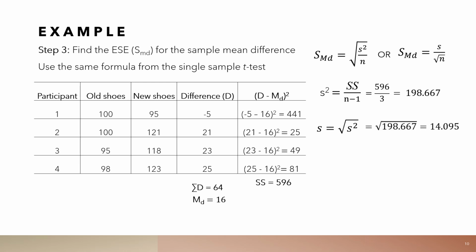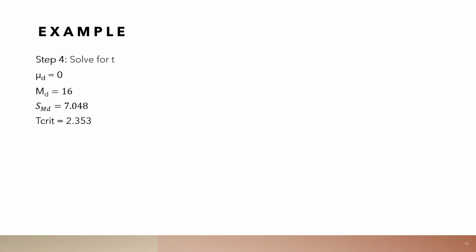So plugging that into the equation, 14.095 divided by the square root of 4 is 7.048. From here, we can solve for t. Here are those numbers we've identified for our equation from the previous slides. Bringing back up our t equation and plugging in those values, we get 16 minus 0 divided by 7.048, which is